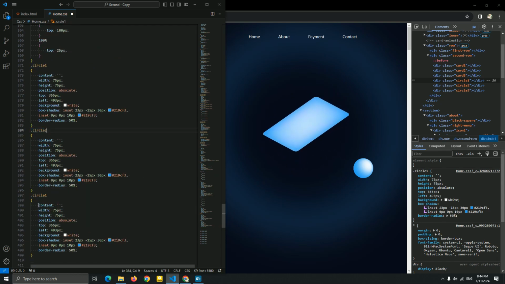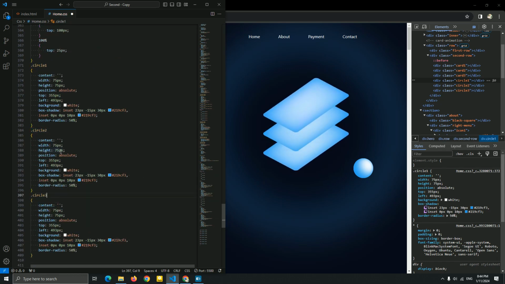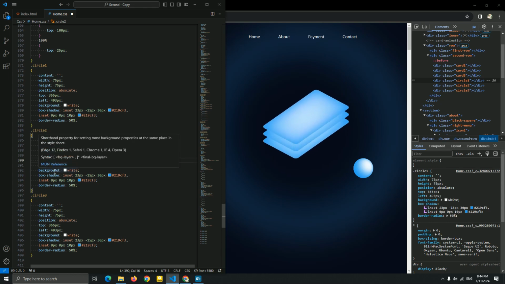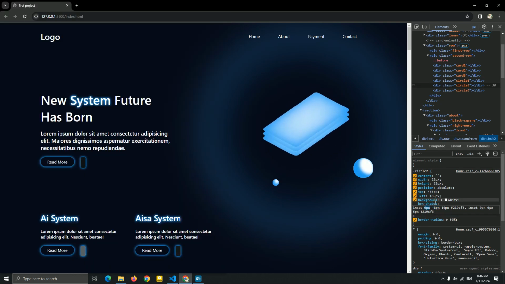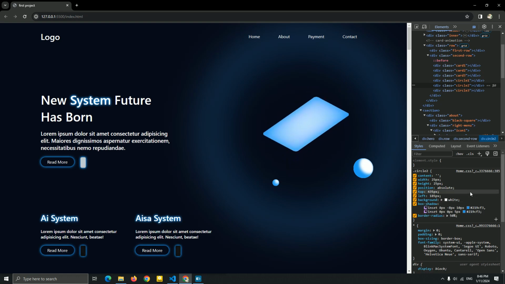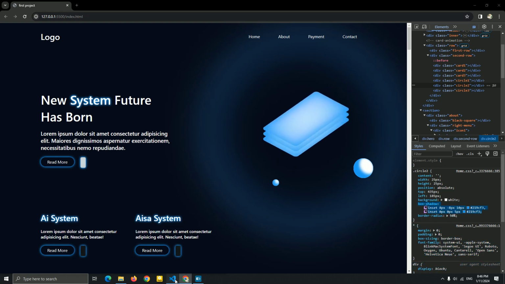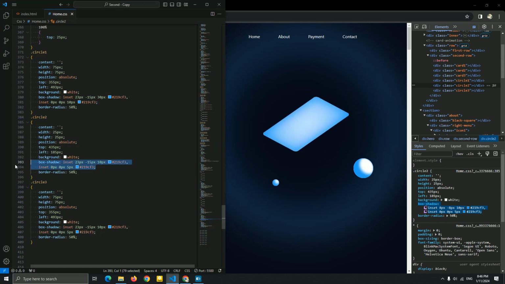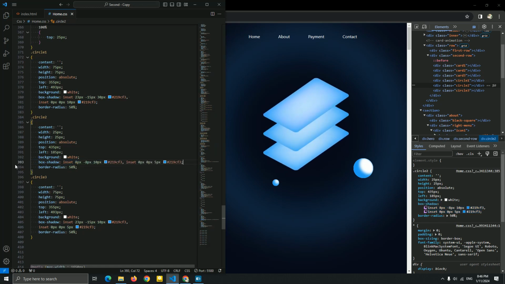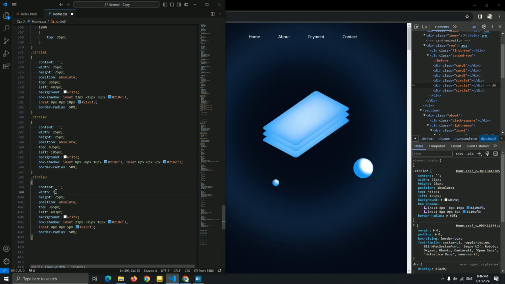So for this circle 2 and this is circle 3, I'm just gonna change the top and the width for this. I'm gonna add. Okay, now we just fix it. I'm sorry for this, guys. Just copy this box shadow and paste it for this circle 2. And now for this circle 3, let me see.